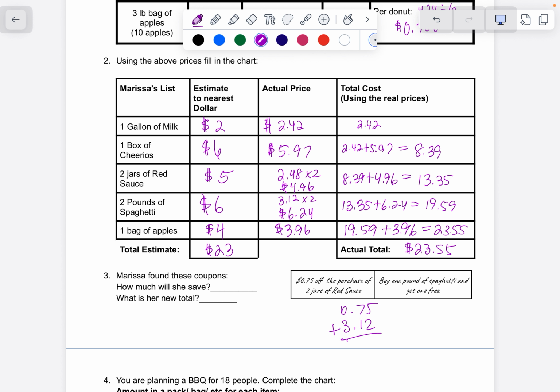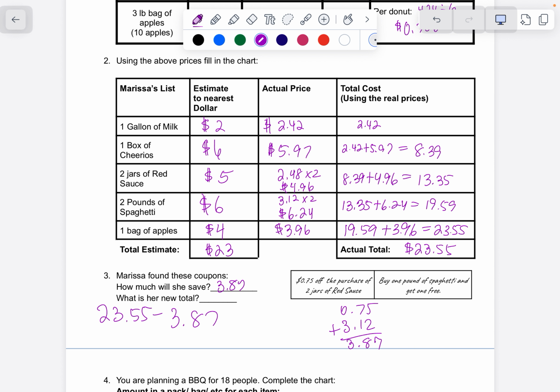Oh. So Marissa should save $3.87. So how could we find her new total? What do we do with that value we got, that $3.87? You got to subtract it off, right? You got to take it off. So if we do $23.55, take off the $3.87, she would now have a total of